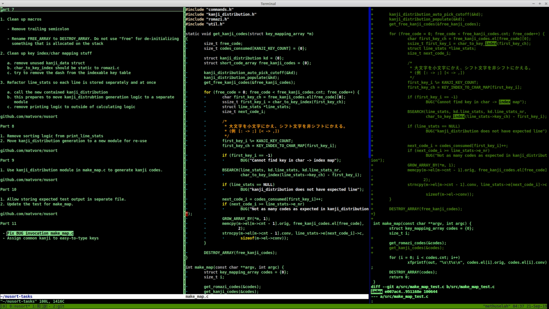So the problem that I wanted to fix was right here. We checked to see if we set the first key in the code we're generating by converting it from an ASCII value to a key positional index. And then we check to see if it was successfully converted down here by comparing it to -1. But before we do that, we modulo it with kanji key count. And I looked up earlier and I saw that if we